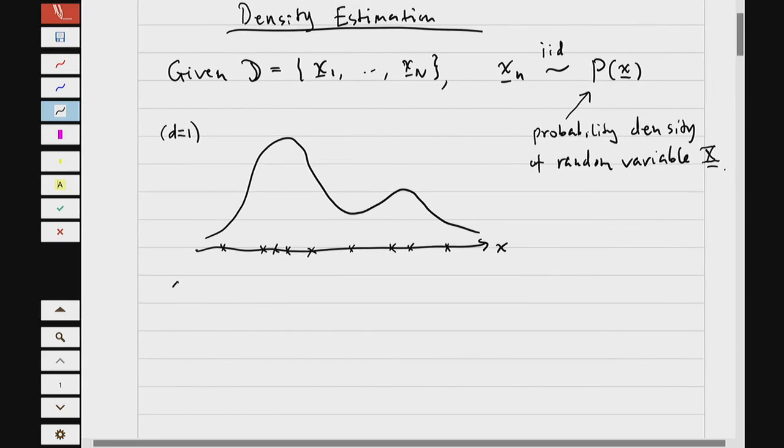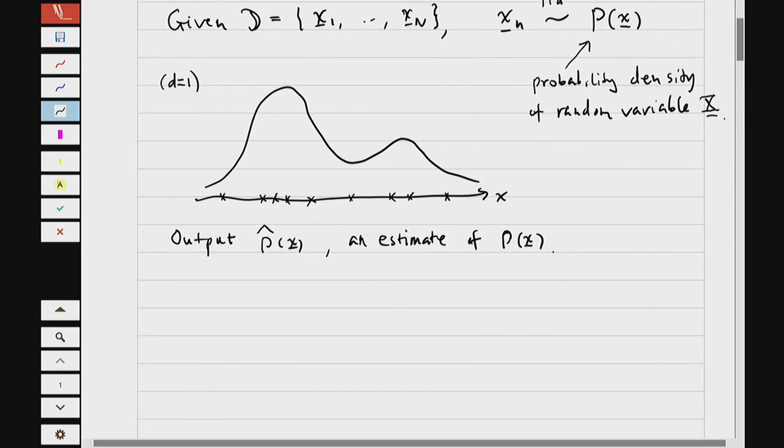So your job as a learning job is to output a p hat of x, which is the estimate of p of x, just by looking at the sample points. The application of this, we alluded to a little bit last time,